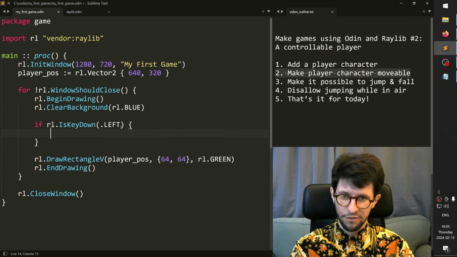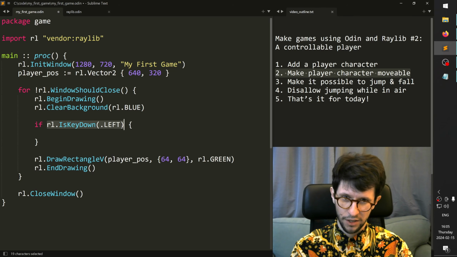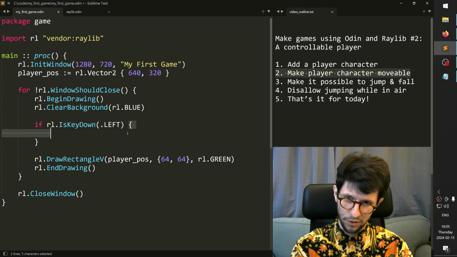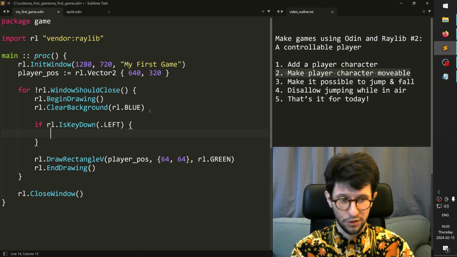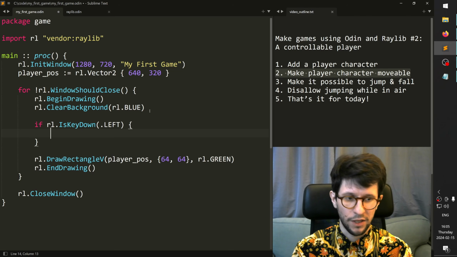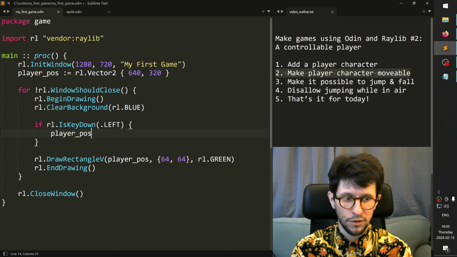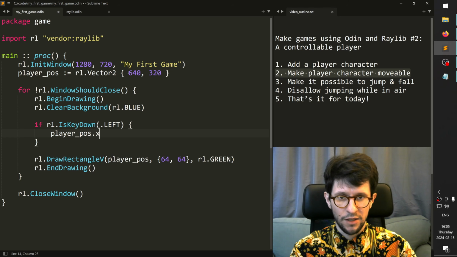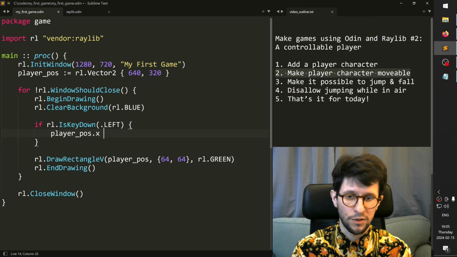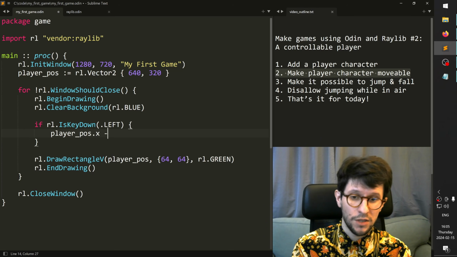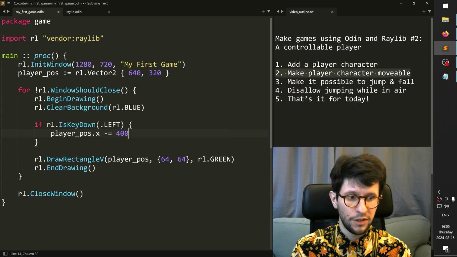This is called an if statement, and an if statement says that if the condition here is true, then please do the stuff between this curly brace and this curly brace. So in this case, if the left arrow key is held, then we want to move the player's position to the left. We do that by writing player pos.x. X means the first one. This one you usually get with Y, and this one you get with X. And we want to decrease that one. We want to move it to the left on the screen. So we write minus equals 400 times